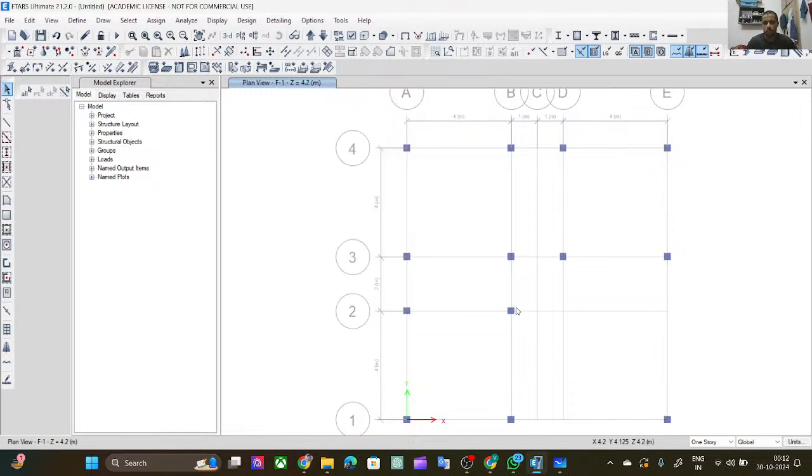Yeah, okay. The spacing between two columns is very high. Why? Because there is one door. In the case of a door, you can make a column on the side of the door, because if you are designing a column on this side, and a column on this side, and you are making a column here, so in this wall,